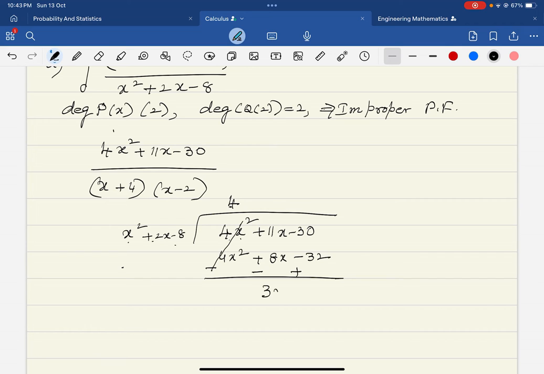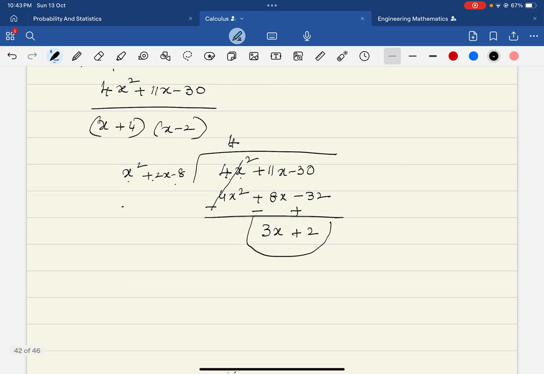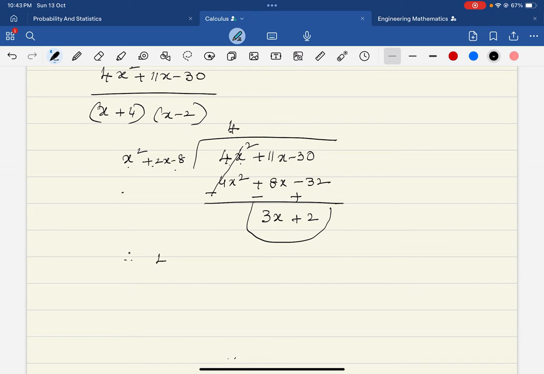11x minus 8x is 3x. 32 minus 30 is 2. So this is the remainder. Okay. So therefore, we can rewrite this 4x square plus 11x minus 30 over x square plus 2x minus 8